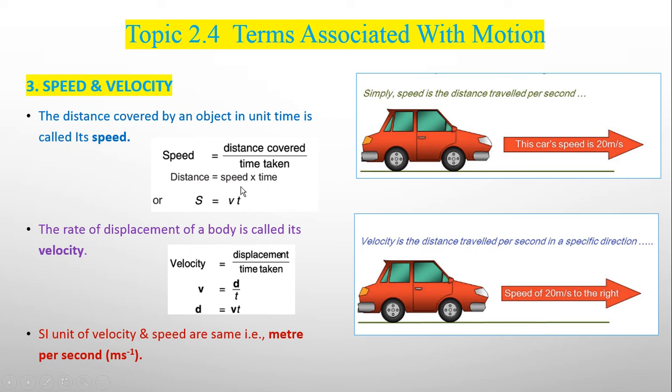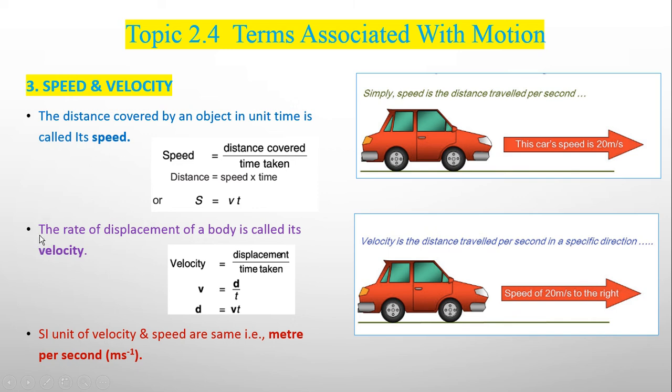Means if you know the speed of any particular moving object with concerned time, then you are able to know the value of distance covered by this object. Or we can write this equation in symbolic form as S is equal to Vt. Now moving towards